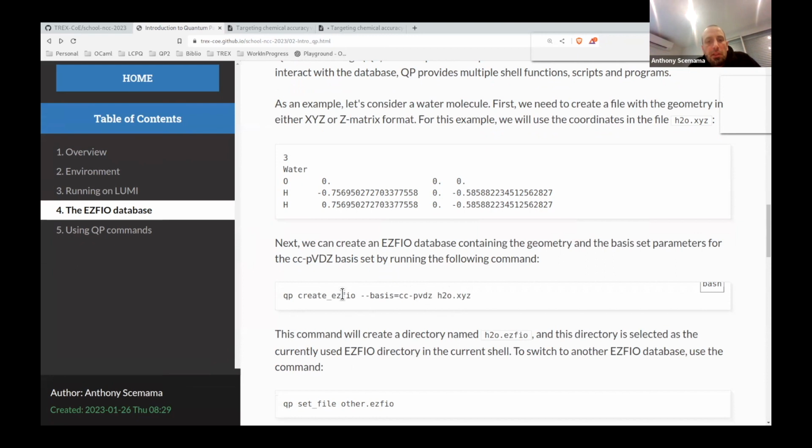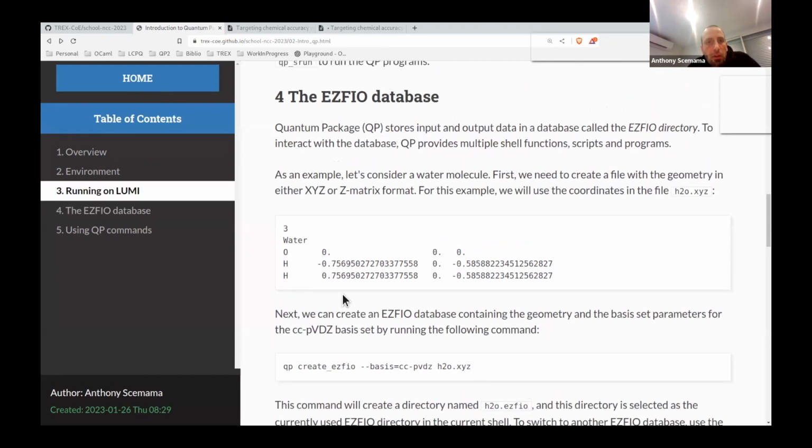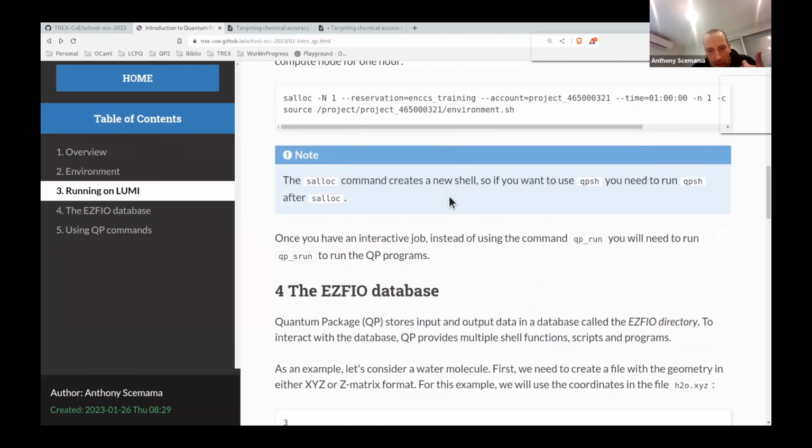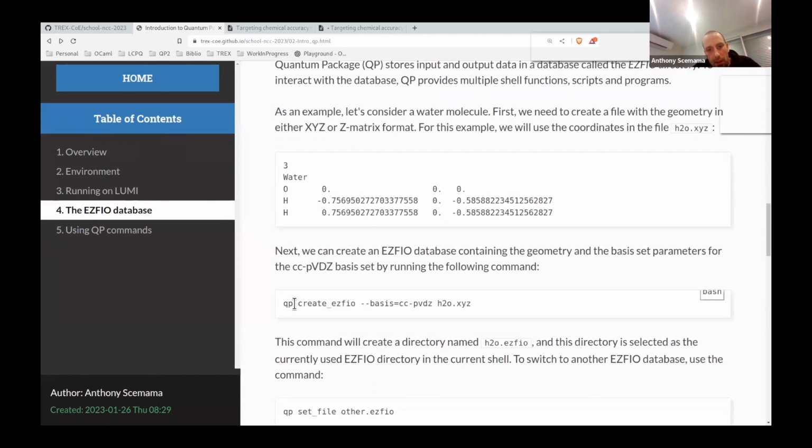So once you're at this stage, you can run this command qp create_ezfio, etc. So EZFIO is the name of the library used to produce the database. So it's Easy Fortran Input Output. And so once you have sourced the Quantum Package environment, you have access to this qp shell function.